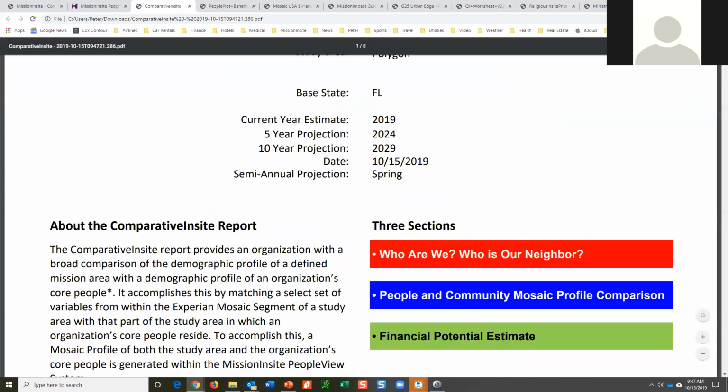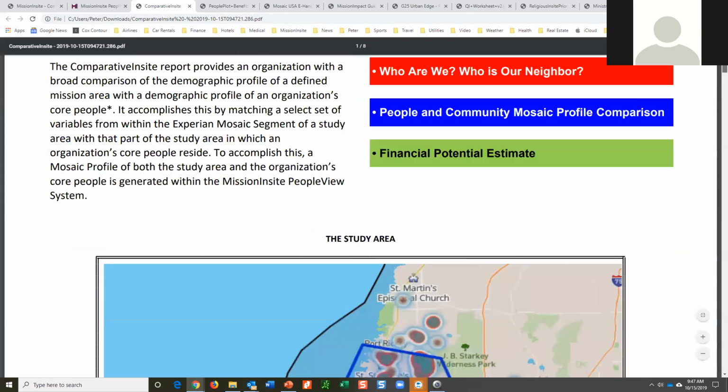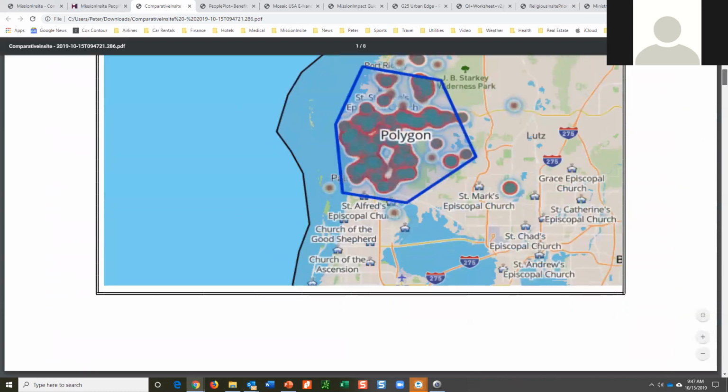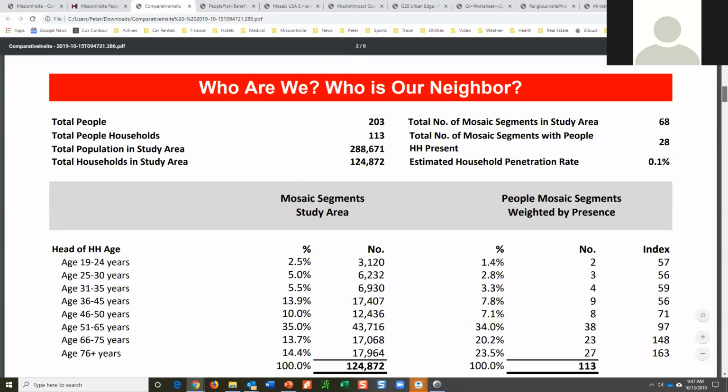So now it's going to say, what do we have true here? We have 203 of their members living in 113 households in an area of over 288,000 people. There's 68 of the 71 segments present, so it's a very diverse area. Our members live in 28 of them.